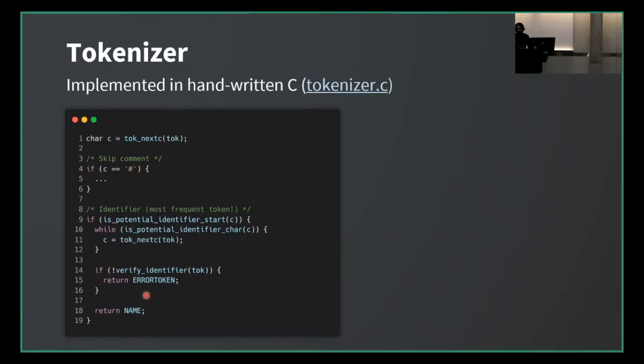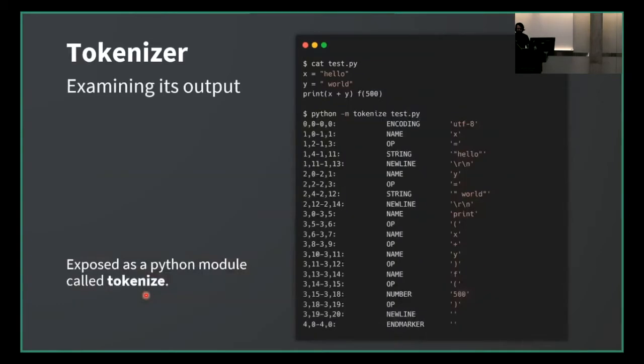So one really nice thing about Python is that a lot of these steps that I'm going to show you are actually introspectable. You can view the actual details of them through the command line or through other Python code. For example, the tokenizer is actually available in the standard library as the tokenize module. So if I take that test program and add a little extra at the end just to show you what that will do,